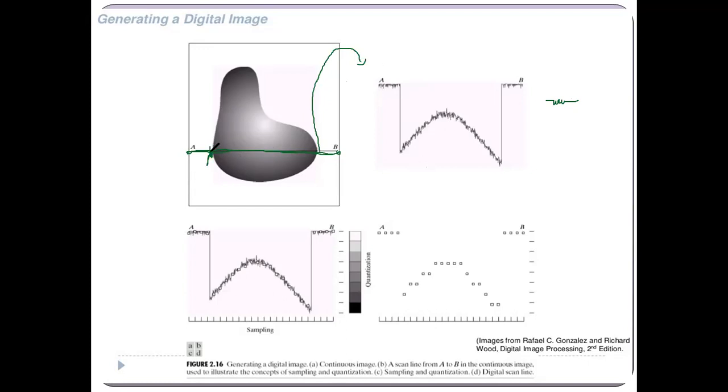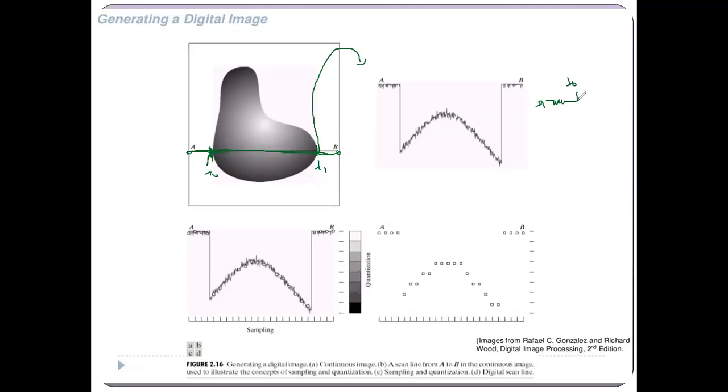Now here you can see from A to B, point number A to B. This point we take as T0, and this point is T1. Now this is our actual image, which is in grayscale.